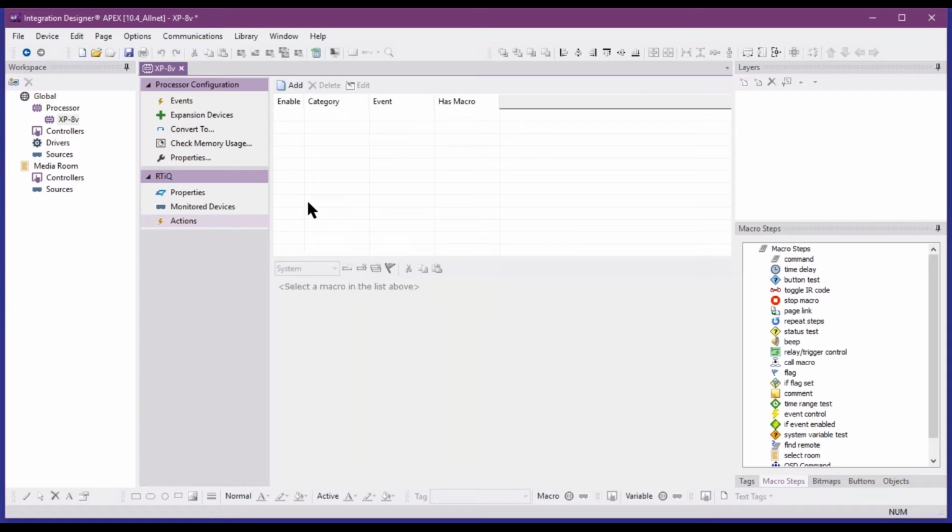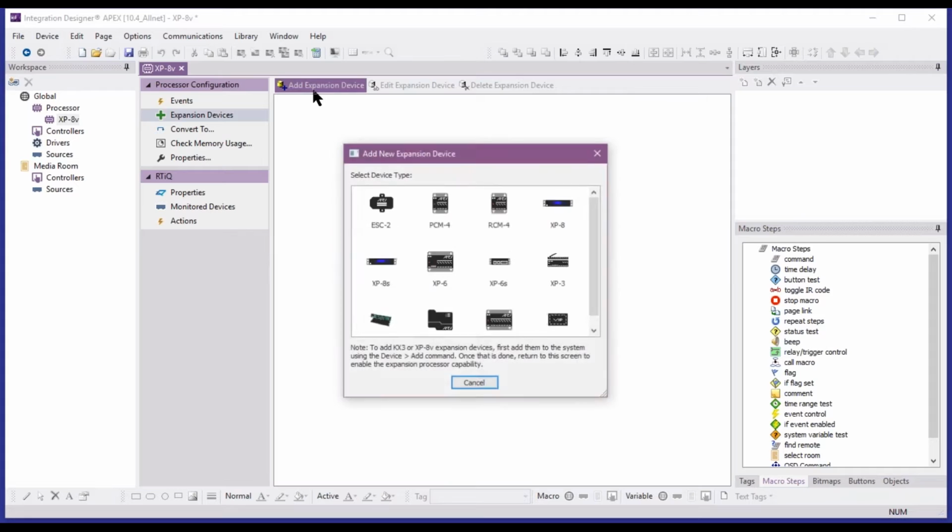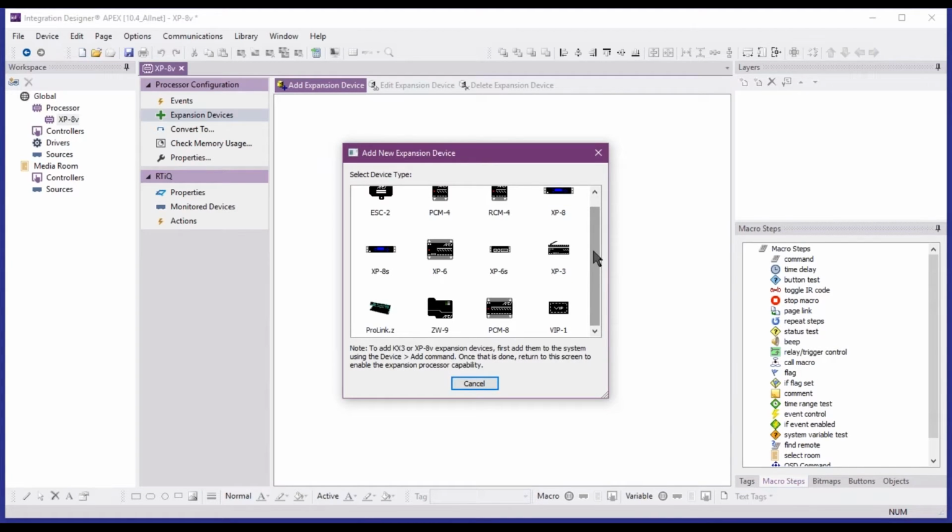Next step is mirror view. This is pretty simple. Again, it's not released yet, but I just kind of want to explain how it's set up within Integration Designer Apex. You'll actually add all the devices as expansion devices. Much like you would add a secondary processor, or you're adding some accessories like a ZW9 for Z-Wave devices, we